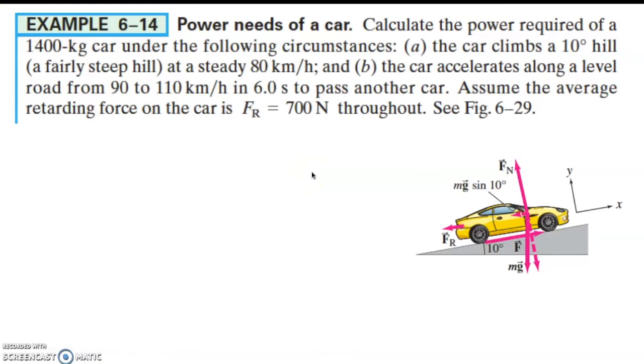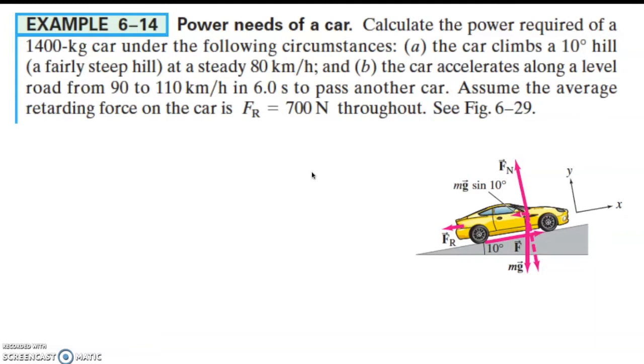Problem 14, power needs of a car. We want to calculate the power required of a 1,400 kilogram car under the following circumstances. A, it climbs up a 10-degree hill at a steady rate of 80 kilometers per hour, which is a steep hill. B, the car accelerates along a level road from 90 to 100 kilometers per hour in 6 seconds to